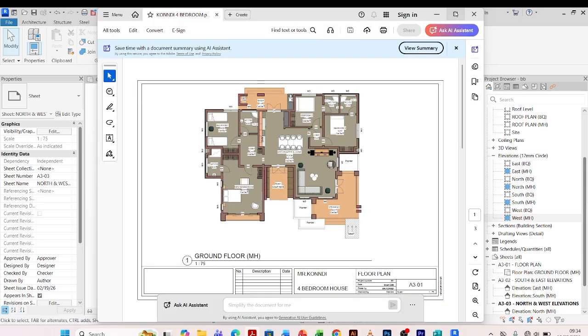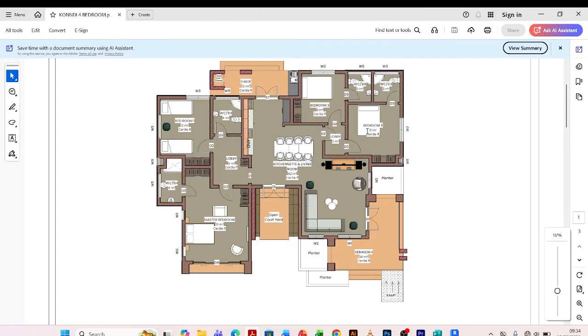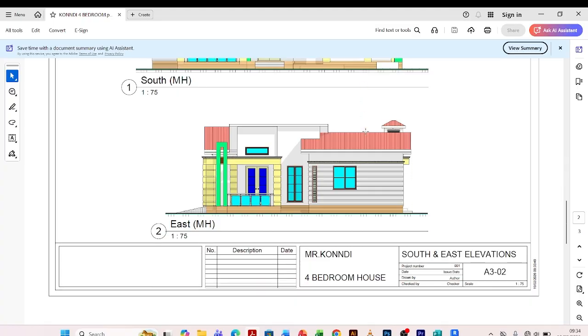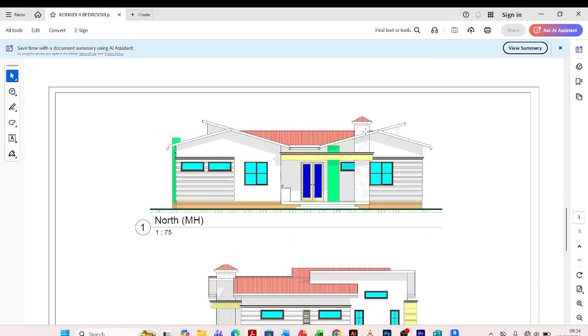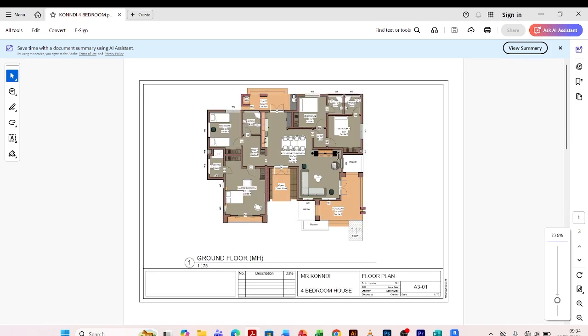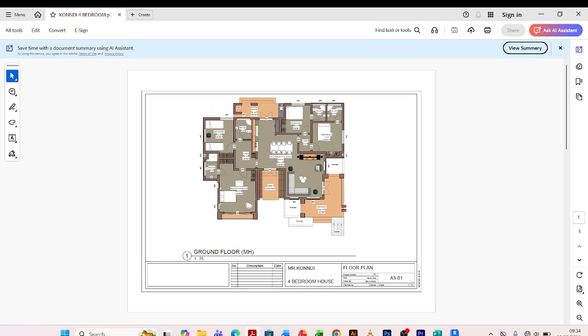Let me first expand it a bit. So we're having our floor plan on sheet 1, then our elevations on sheet 2 and sheet 3. Yeah, so basically this is how you can place your work on sheet and then you create a PDF out